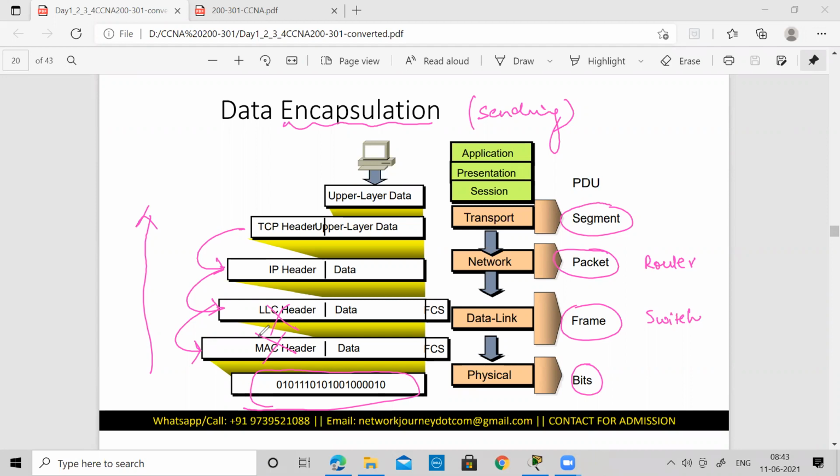Because when you are on a network, the communication can be a unicast communication, it can be a multicast communication, or it can be a broadcast communication. These are the three types of communication involved when you are on a network. When you say it is unicast, it is directly meant one to one.